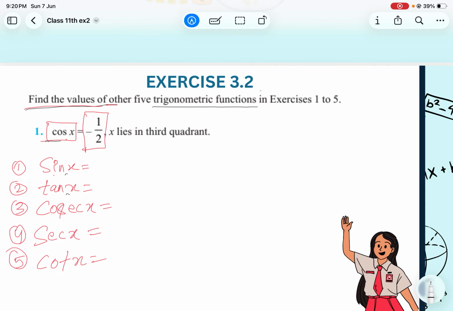Okay. So now it's saying cos x equal to 1 by 2, x lies in third quadrant. What is the importance of writing this line here? The person who is writing this book, who is making this question, why is it written like this, x lies in third quadrant? There will be some meaning of that, okay? He is not writing anything with his own mind, right? So x lies in third quadrant,